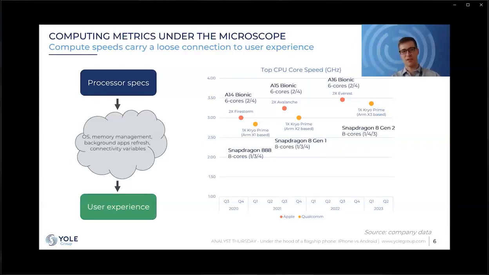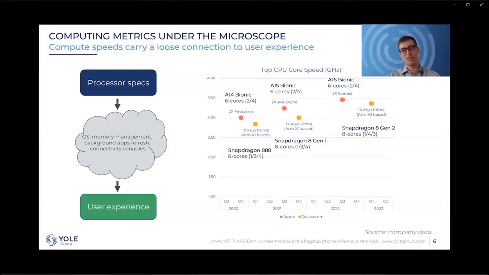The highest tier is one core called Kryo, and on the 888 it was based on ARM X1 IP, then on the Snapdragon 8 Gen 1 it's based on the ARM X2, and on Snapdragon 8 Gen 2 it's based on ARM X3. Basically, it's the most powerful core on the processor, and they have 7 other cores that are less fast and more economical with power.